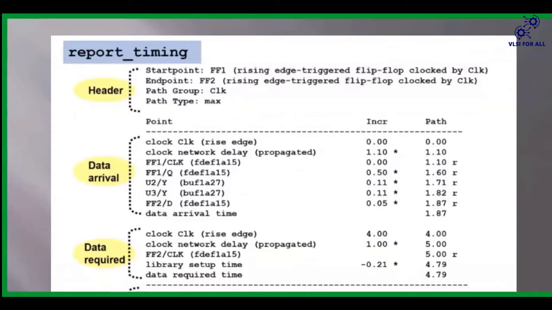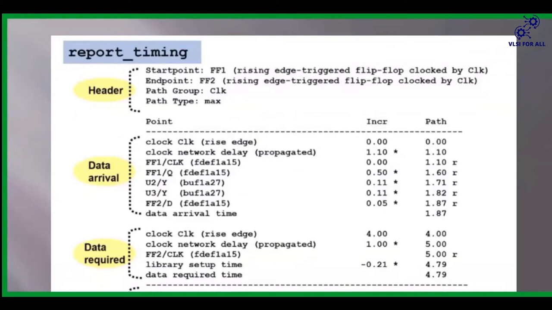We may get a question like, how can you identify in which path the timing path is going? You can say that by seeing the timing report, we have an option called path group, and in that path group we can know in which path group the path is traveling.